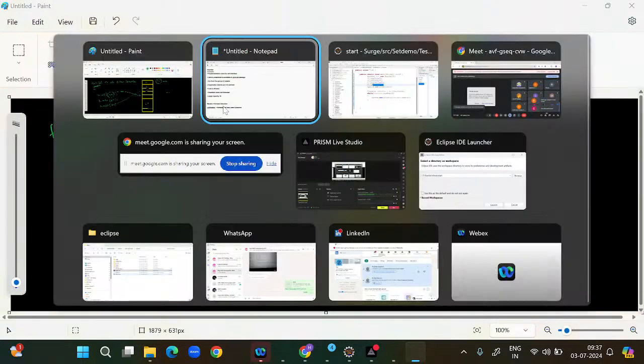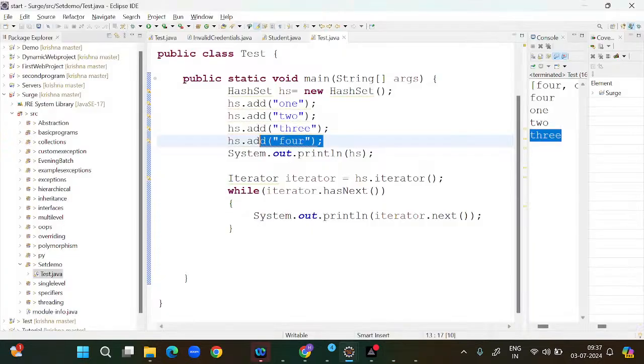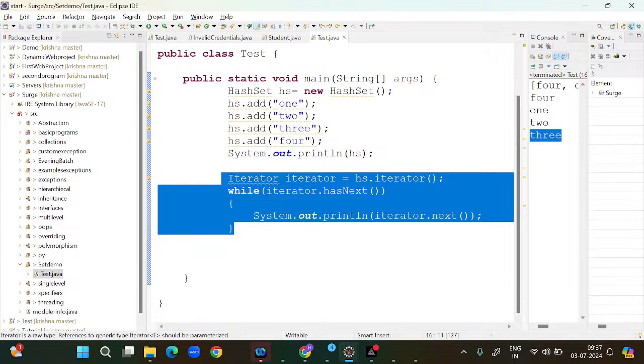Directly you can print like this alone. Here I am not using the iterator. So if you directly print hs, meaning